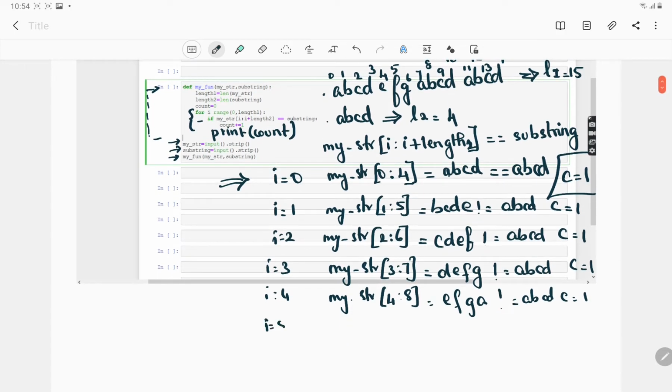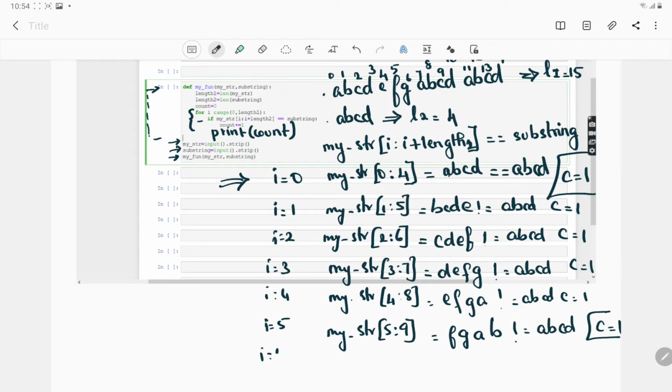When I equals 5, my str is 5 to 9: F, G, A, B, not equal to A, B, C, D again. Count remains 1. When I becomes 6, my str is 6 to 10, which is G, A, B, C, which is again not equal to A, B, C, D. Count remains 1.